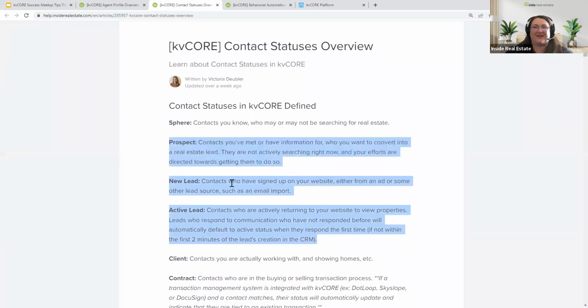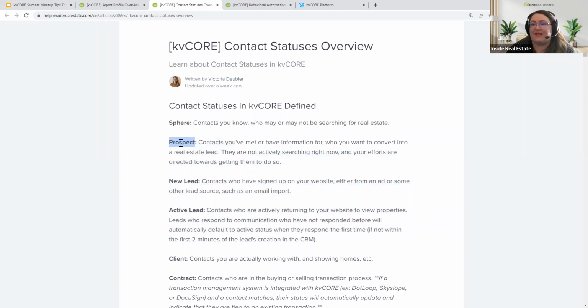So it defaults to prospects, active leads, and new leads, because again, those are the people that we're really trying to work in our business. Those are the people that we're nurturing and building a relationship with and building trust, getting that know, like, and trust factor going, so that way they work with us. So prospects, I know they're interested in real estate. That might be the only thing that I know, but I know that. New leads are brand new. I don't know anything. I don't know if they actually want that property or if they just clicked on the pretty picture. Still figuring that out.